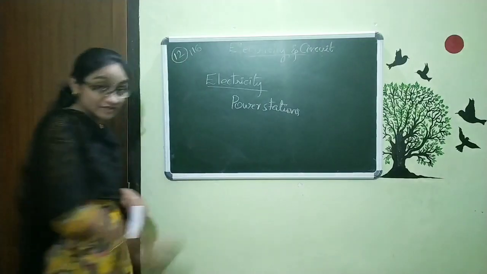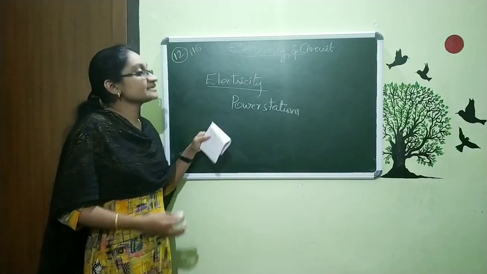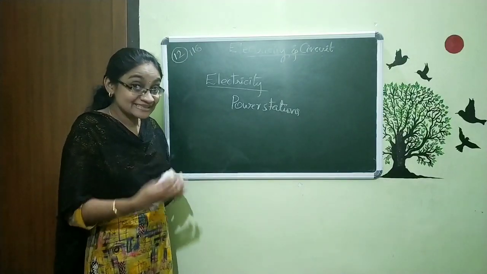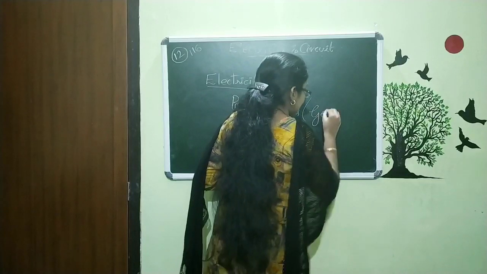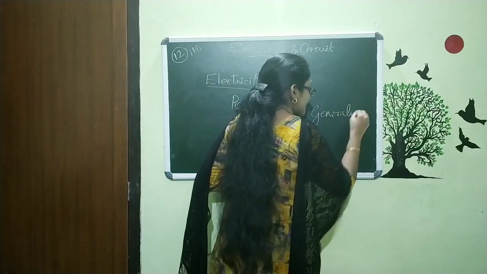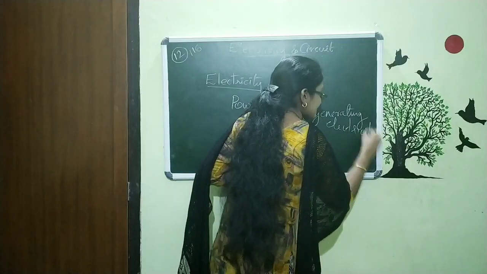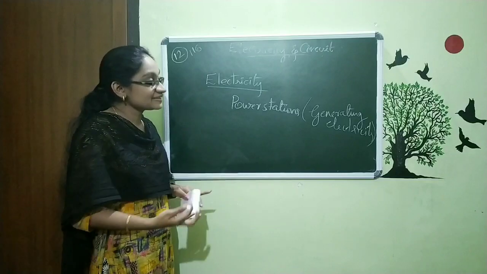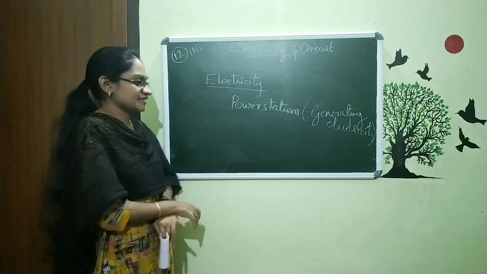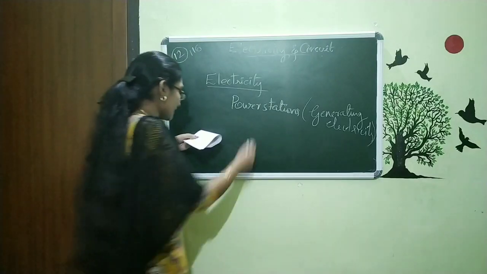Power stations. We can say power stations are the places where electricity is produced or generated. So power stations are the regions or places where we are generating electricity. Actually, there are different types of power stations, and they include